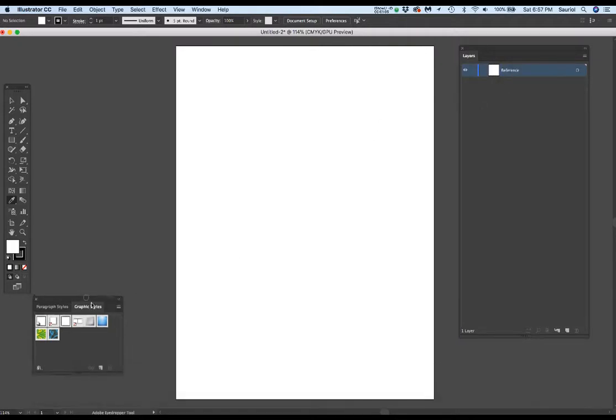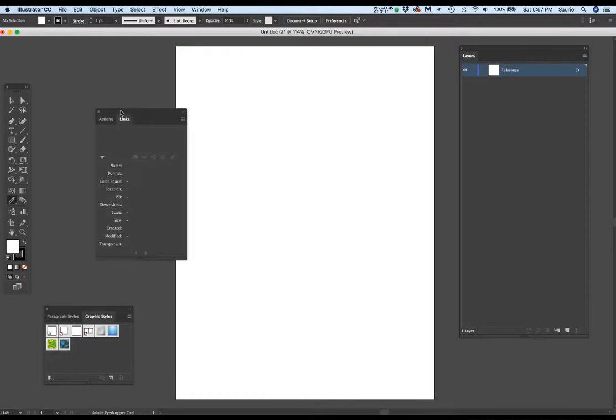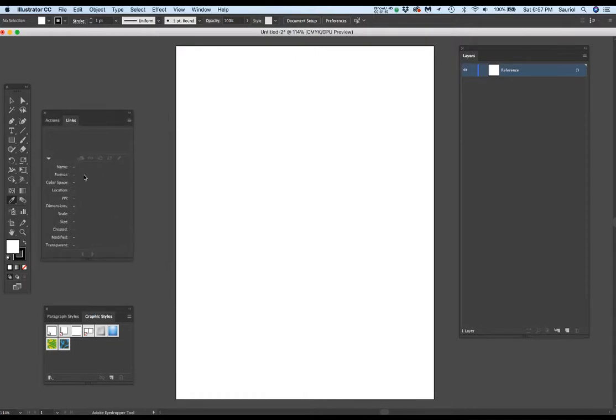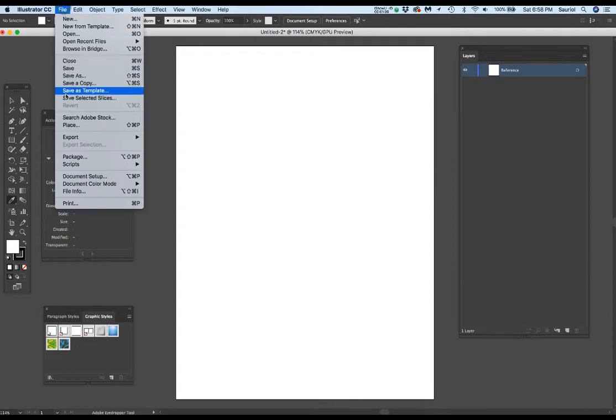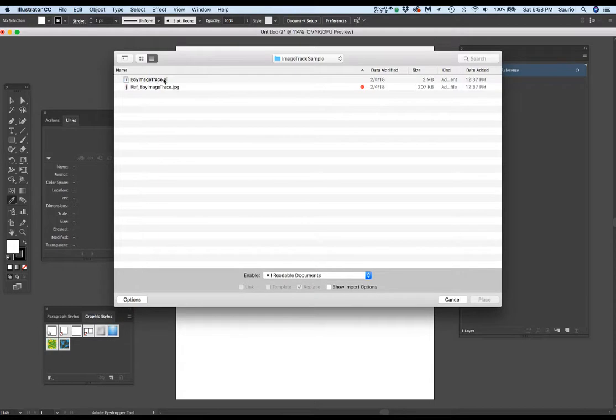So what I want to do is to go get that reference using the place command. Now I don't need this palette over here, but I want you to make sure that you see all the information that comes with the linked file. I do not want to embed the file into the Adobe Illustrator file. I don't want to embed the memory of the pictures, the amount of the file size, into the Illustrator file. So let's go to File Place, which is Shift Command P or Shift Control P,